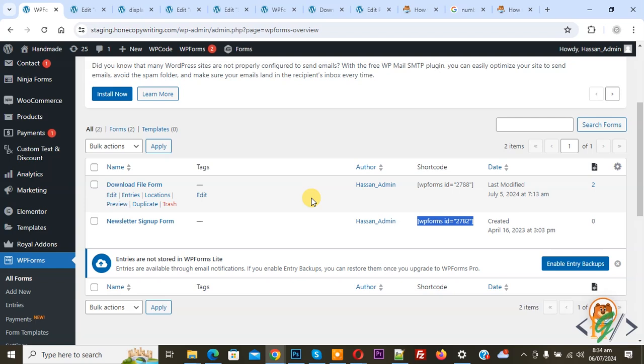So we are using the WP Form plugin and we have multiple forms. So we are going to display a specific form from a drop-down list. When the user selects a form name from the drop-down option, we are going to display the selected form. Now you see we have a download file form, a newsletter sign up form, and then you see the shortcode we are